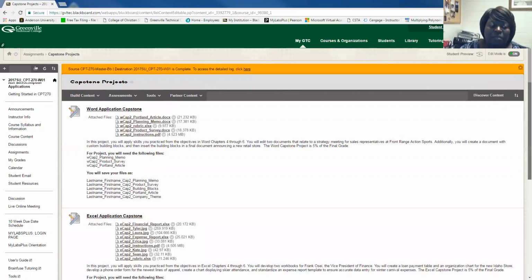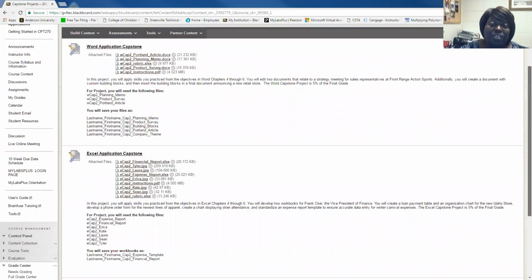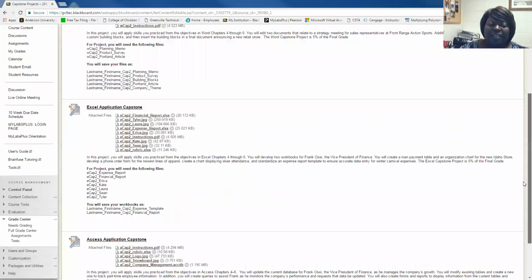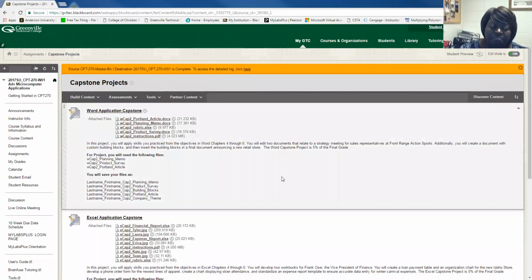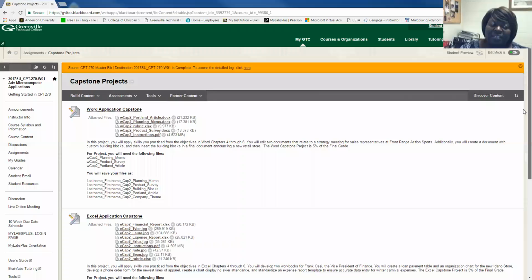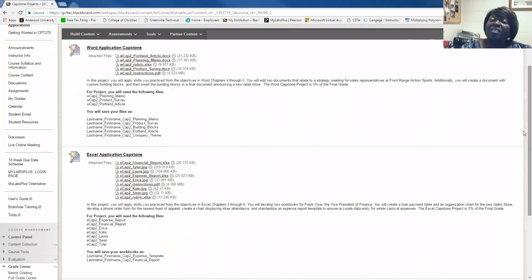And the data files, along with the instructions and the rubric, are attached with each assignment. So you have one for Word, you have one for Excel, and the third and last one is for Access. And you'll be doing these projects along with your test, and normally with your test, because the test that you're gonna have,